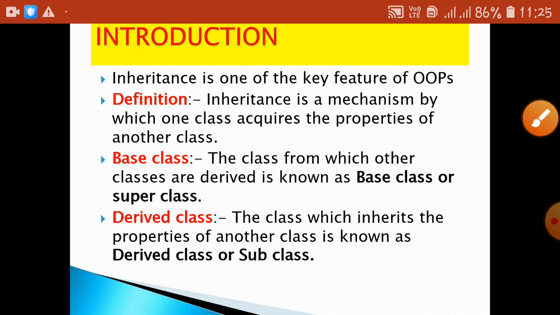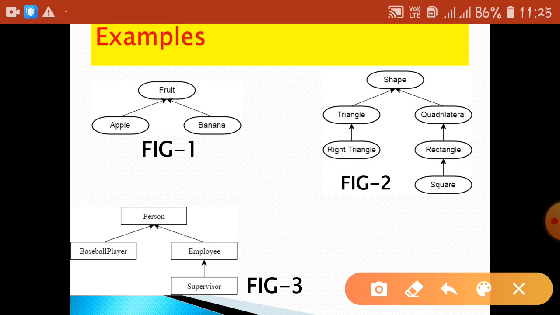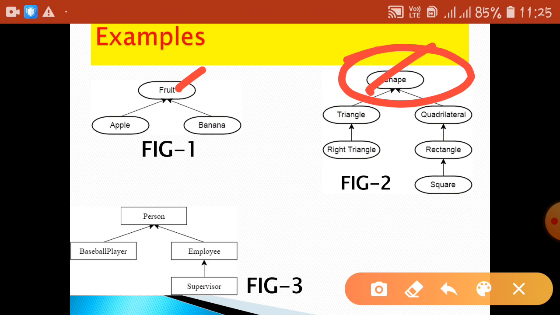Okay, so we shall understand these inheritance concepts with some practical examples. Assume you are having some fruit. It can be an apple or it can be a banana. So some of the features can be inherited. Another example we can see in figure 2, where I have taken the base class as shape. Here the subclasses can be a triangle or a quadrilateral. Later the triangles can be right angle triangle, isosceles triangle, many kinds of triangles. Those triangles are called derived classes. I think you people are getting it now.